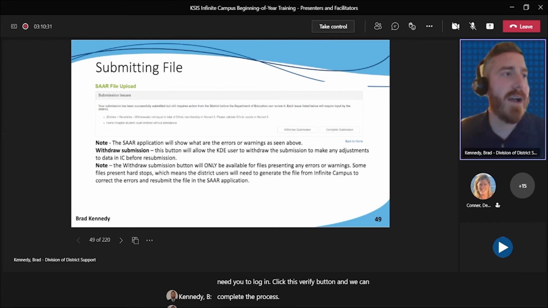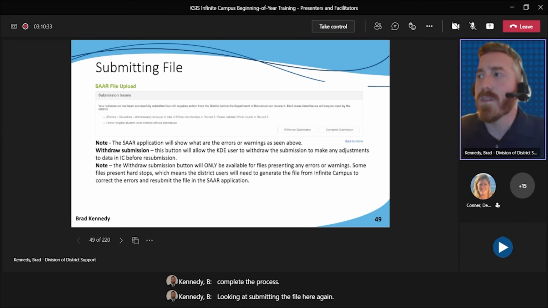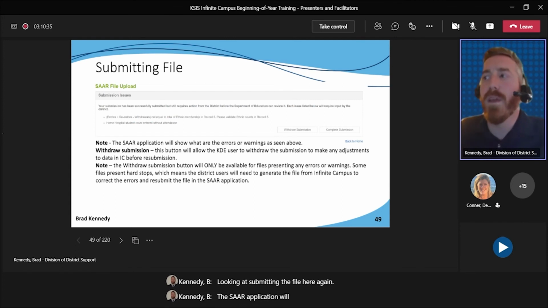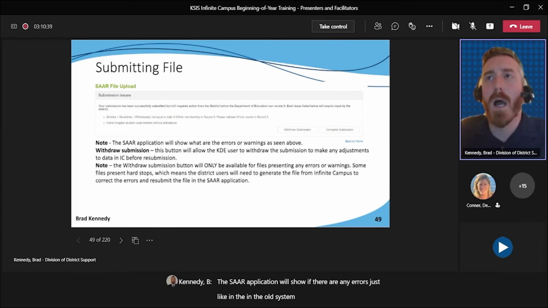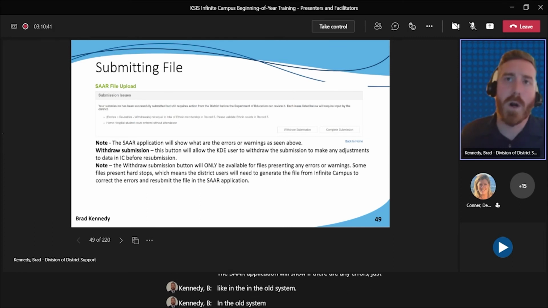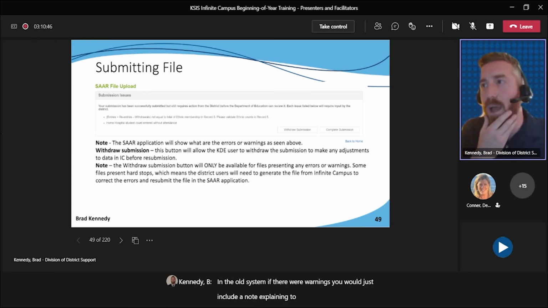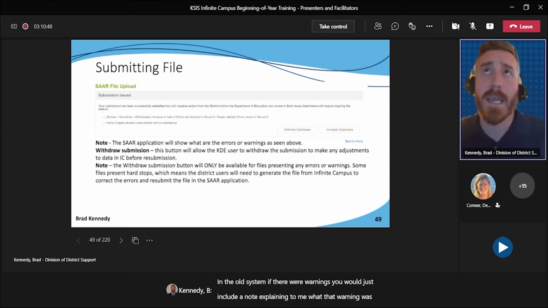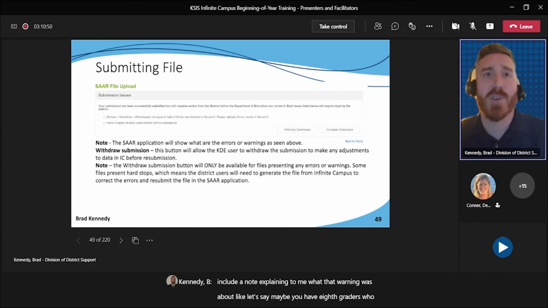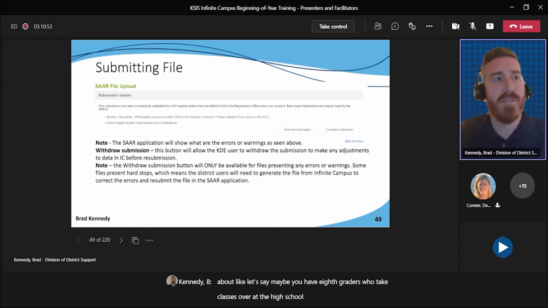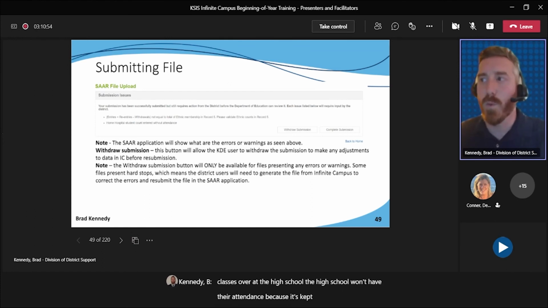Looking at submitting the file here again, the SAR application will show if there are any errors, just like in the old system. In the old system, if there were warnings, you would just include a note explaining to me what that warning was about. Like, let's say maybe you have 8th graders who take classes over at the high school. The high school won't have their attendance because it's kept over at the middle school. You would include those